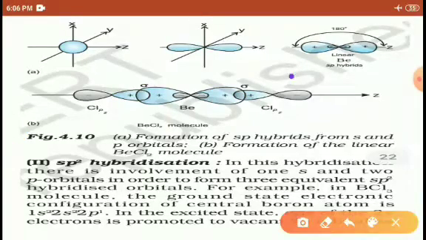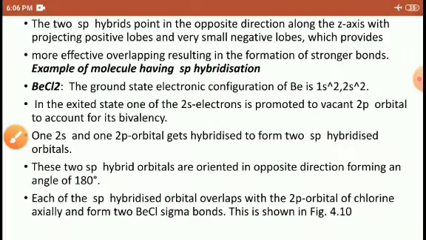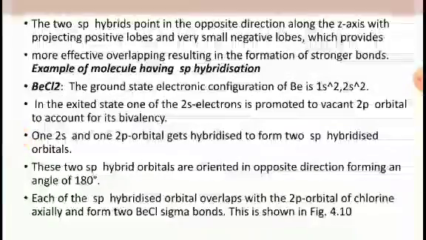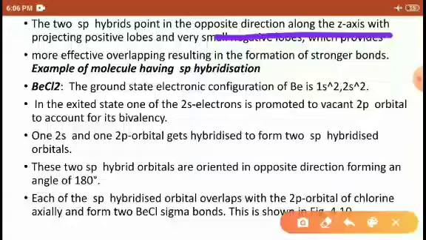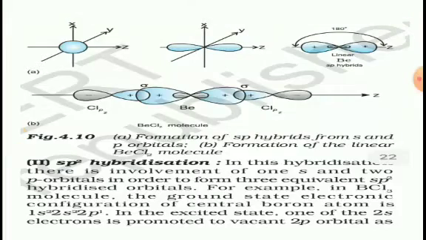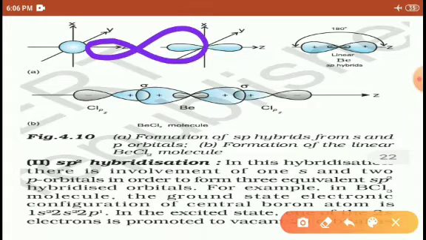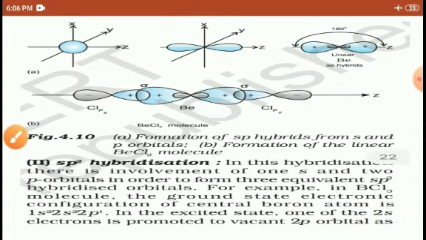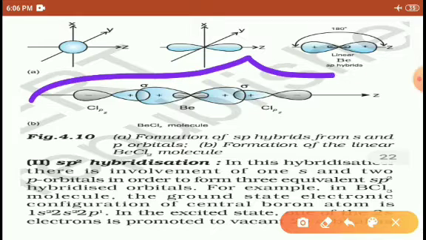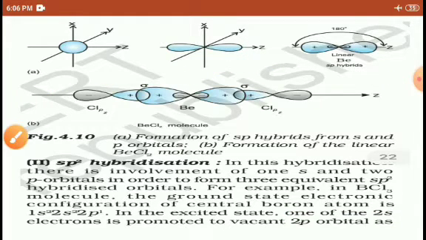So look at your structure. That is a linear structure. So BeCl2. Here the Cl atoms are intermixed along the z-axis. So that is why, as we said in the last slide, sp hybridization always intermixes along the z-axis. Look at your structure, here it is occupying along the z-axis to form BeCl2, right?